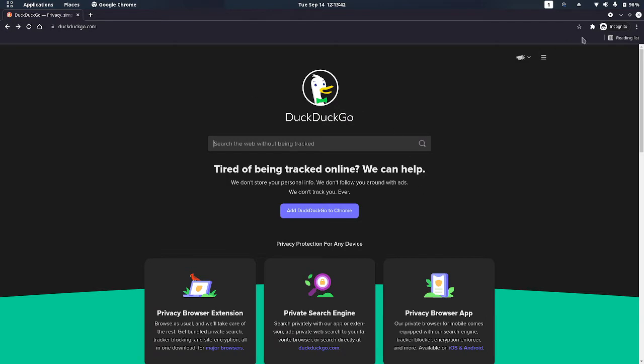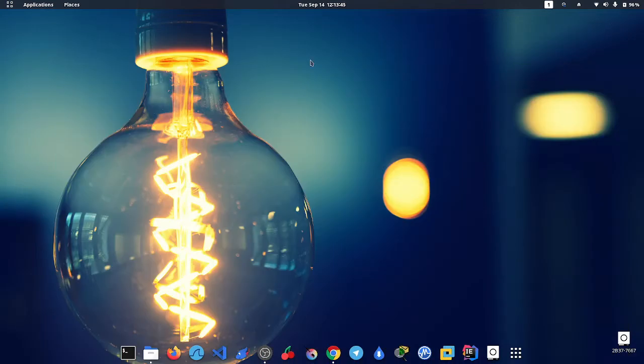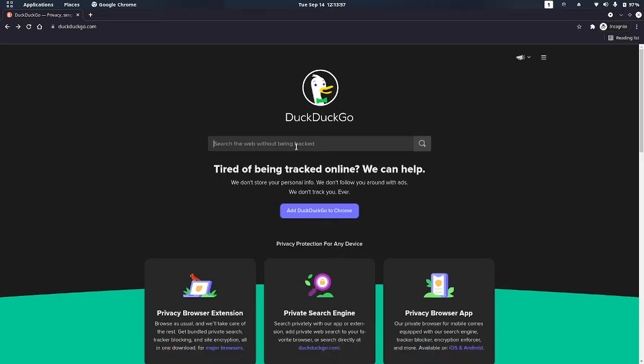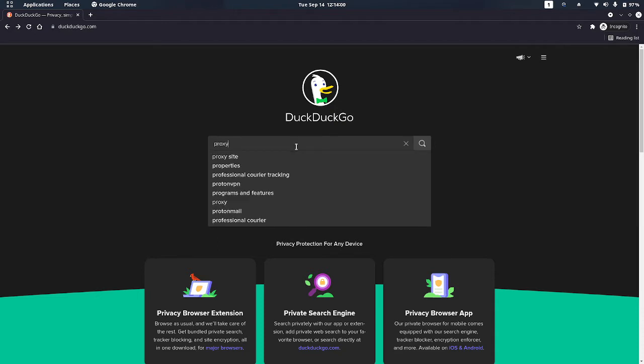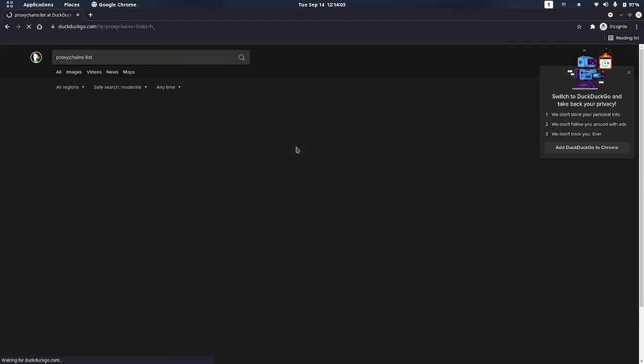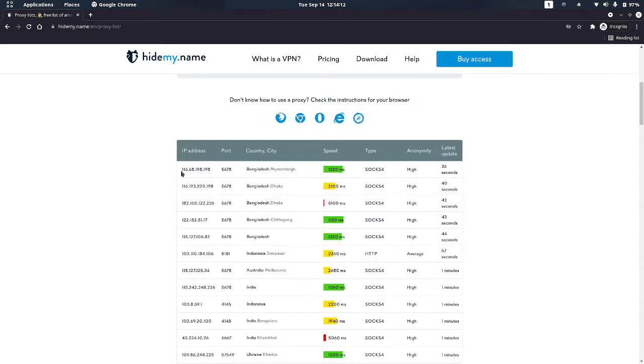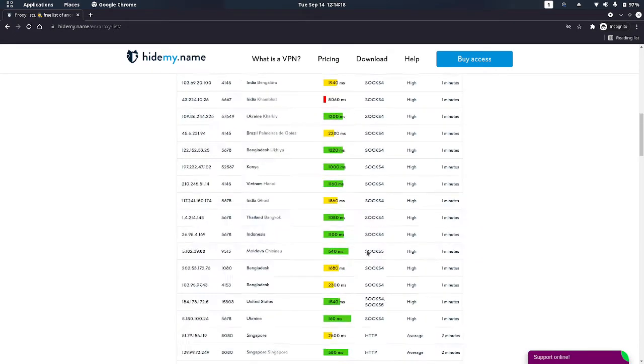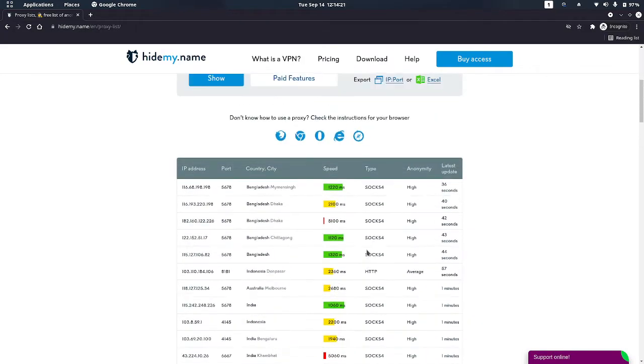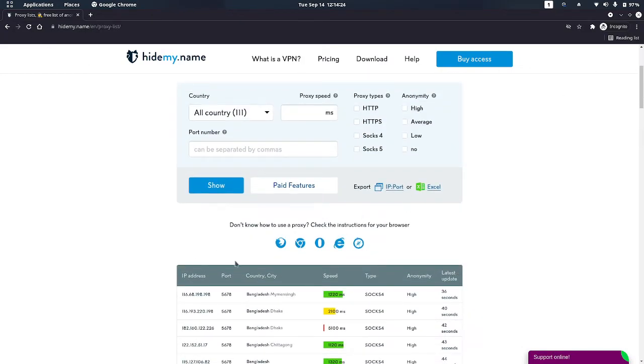So I'm not using VPN anymore, and what I'm using is configuring some proxy chains and using Tor as well. You can go to any favorite browser and write, okay, and here you go. This one will be okay. You can see the IP addresses, and I recommend you to use SOCKS4 or SOCKS5 ones. You can copy one of the IP addresses from here and